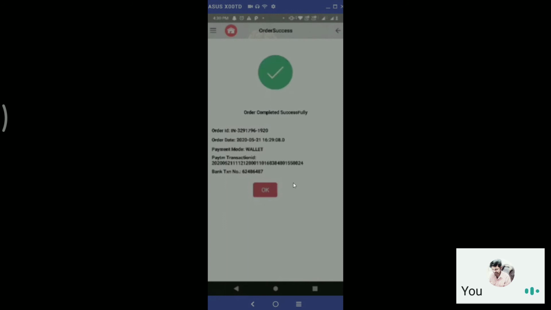They act like a bank. The transaction is done and the money will be deposited into your account, like a bank only. They also provide a bank transaction number below here. For financials, Mr. Rakesh will talk, so we'll see that later. We can connect you with Paytm also, and you can speak to them.